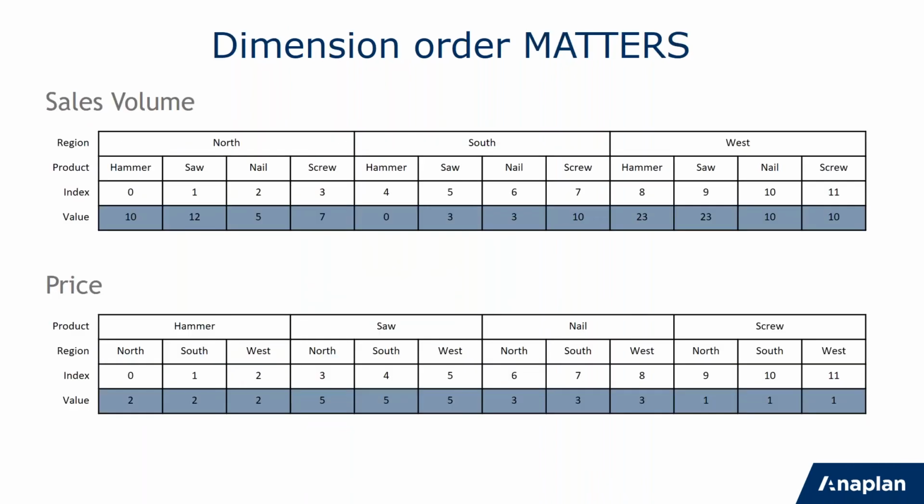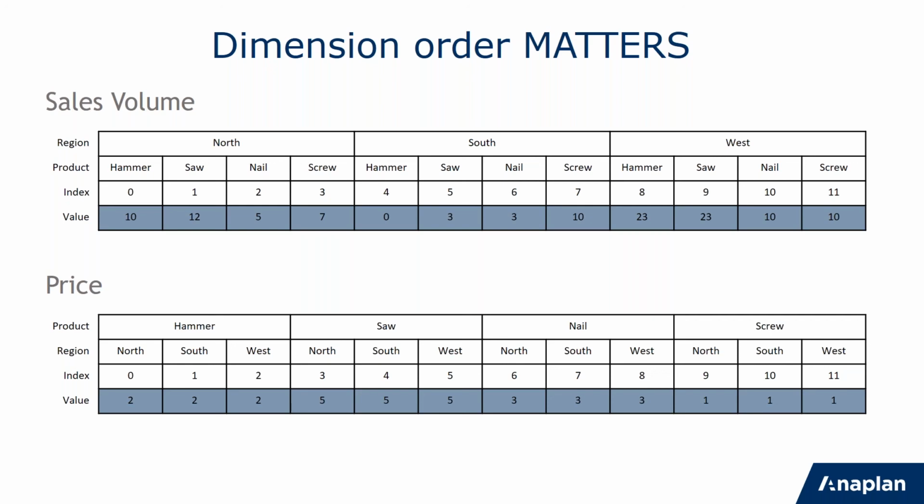Now, an interesting thing comes out of this. If you look at a blueprint and you look at the applies to on a blueprint, you see that the lists in the applies to are basically just comma separated, and you can select them from the dialog, or you could just type them in. It would be possible to take one line item and type them in one order, and take another line item and type them in a different order. And this is what you get when you do that. Let's say we've done that for sales volume and price with the region.